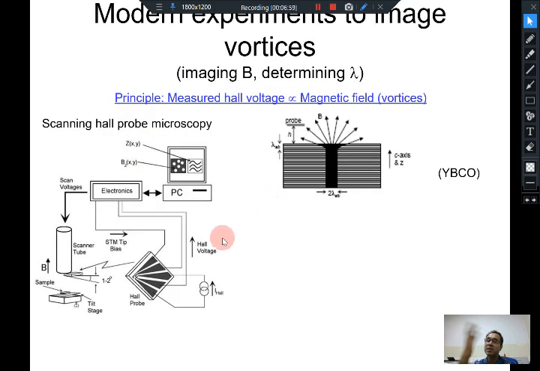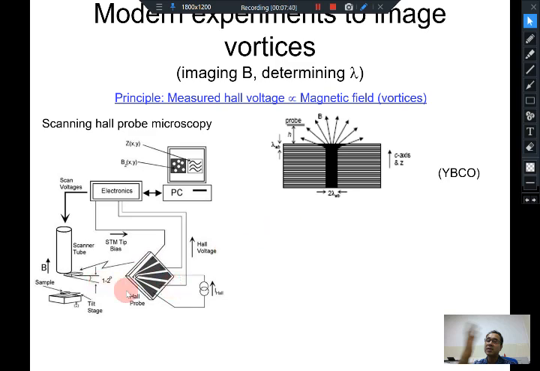There are other imaging experiments where, as I said, if you have a superconductor which is shown here and you have a vortex inside it, then on the surface of the superconductor, wherever the vortex is present, there will be magnetic field generated on the surface. Far away from the vortex, there is zero magnetic field, because of course the magnetic field is screened out and there are no vortices here. As you enter into the region of the vortex, you will have strong magnetic field and then no magnetic field and so on. So what you can do is take a Hall probe, because a Hall probe is sensitive to local magnetic field.